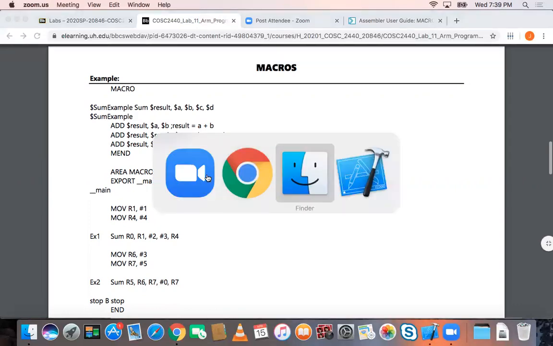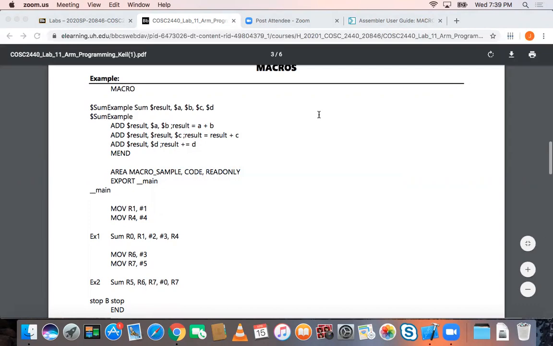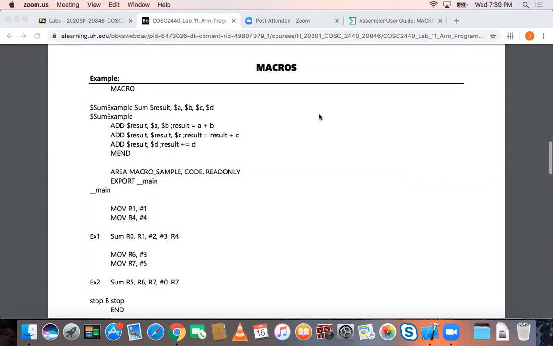Let me look at the chat. So yes, a macro is similar to a function. Exactly. So Tyler, that's exactly right. It'll be B and E, and then that loop, you'll have it up at the front. Underneath, you're already going to have your one. You need to call this,